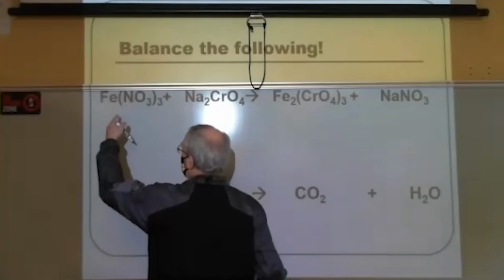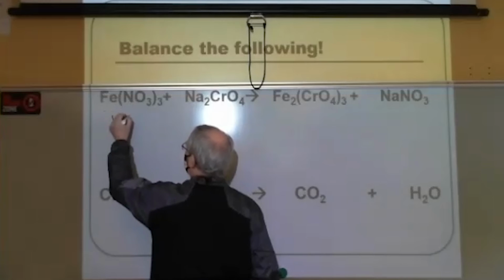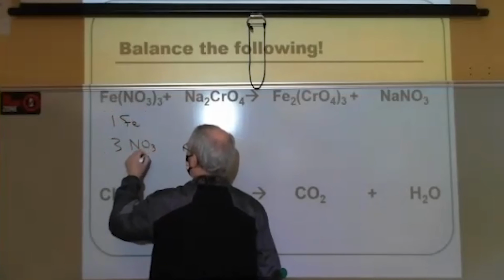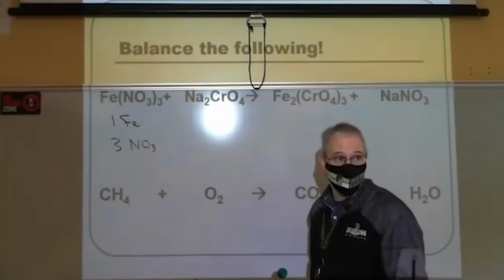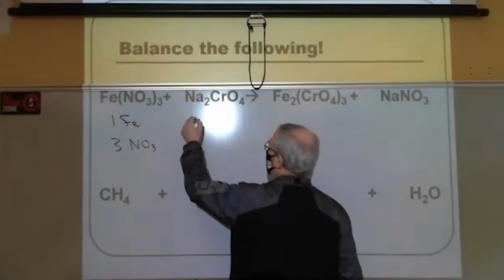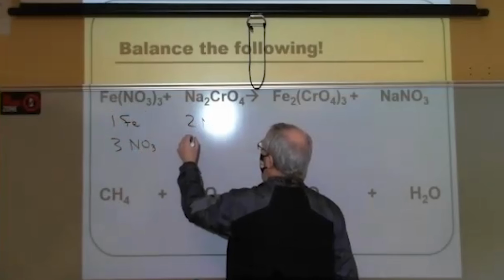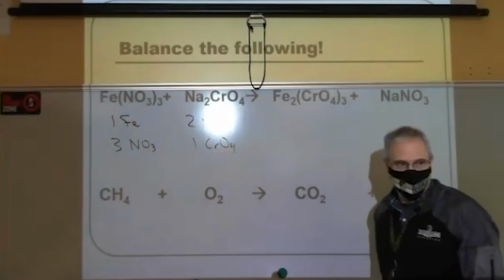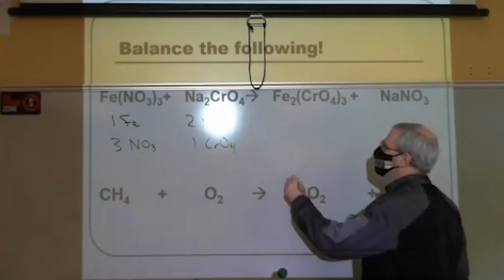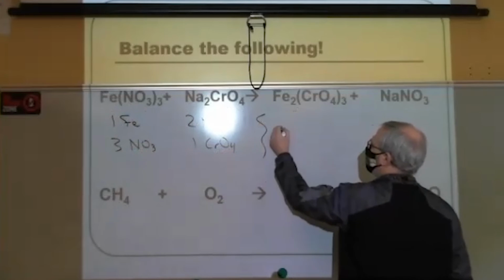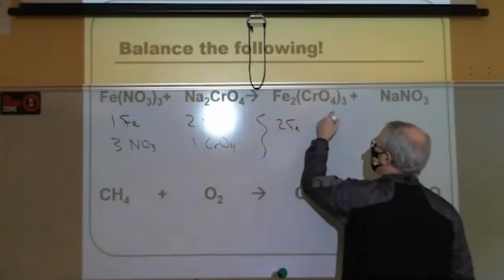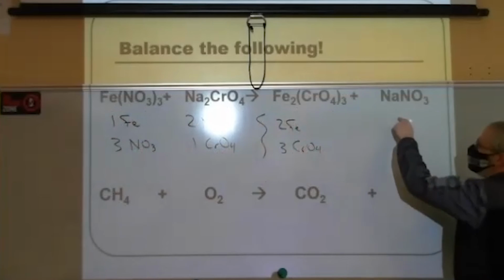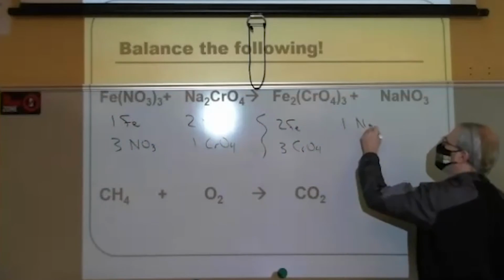So in this one, right, I have 1 iron, but I have 3 nitrate ions. Okay, I have 2 sodium ions and I have 1 CrO4, 1 chromate ion. Right? On this side of the reaction, I have 2 irons and 3 chromates. Right? And then I have 1 sodium and 1